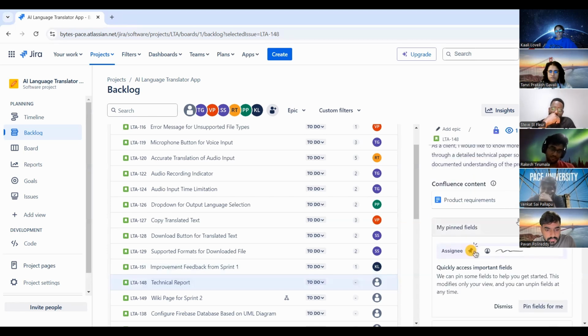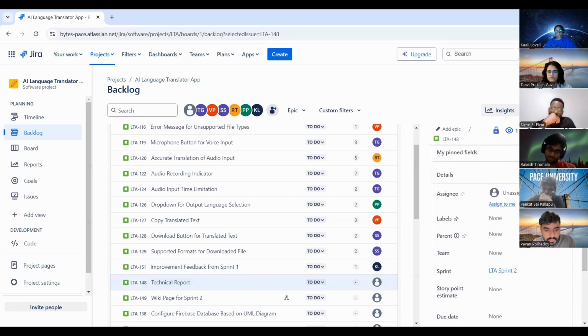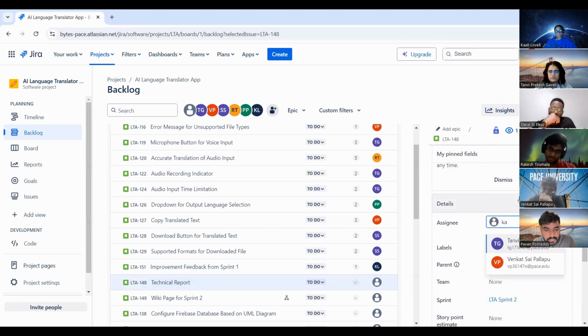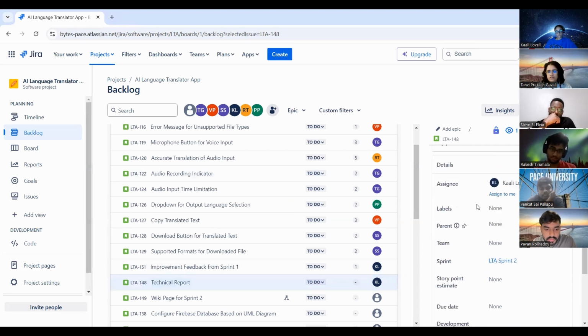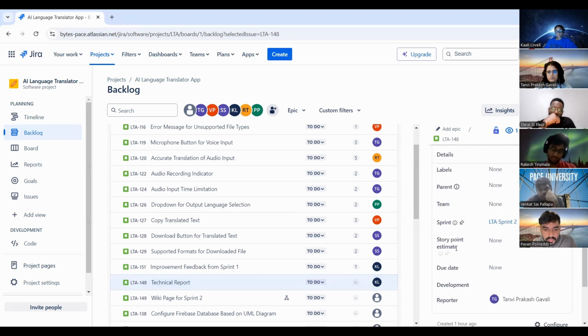Technical report. I could work on it. Okay. And let me know, since I'm not taking a lot of two story points, I can help you, Kali, with the technical report. Okay. How many story points do you want to give? I don't know, 2? I just saw a reference of that. It involves a lot of stuff, so I think you need time to do that. Oh, okay. Yeah, I think it would be 5. Fine. Okay. Yeah, I'll start early. Don't worry.